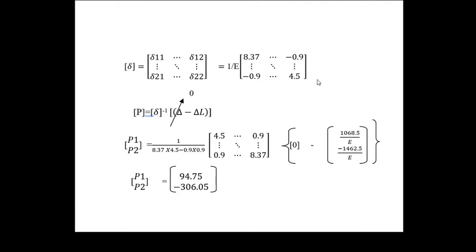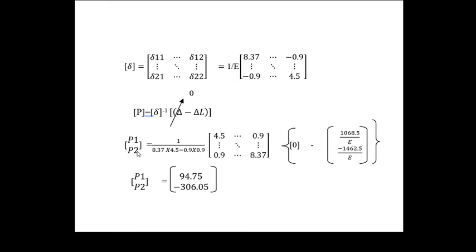To generate the flexibility matrix, we can stop here only. Further, if your exam asks you to calculate the forces, you find this P value. Otherwise, to generate a flexibility matrix for members or a structure, we can stop at this stage. How do we calculate the forces in each member? P is equal to small delta inverse into minus delta L. This is the common equation to compute the forces by the flexibility matrix method.